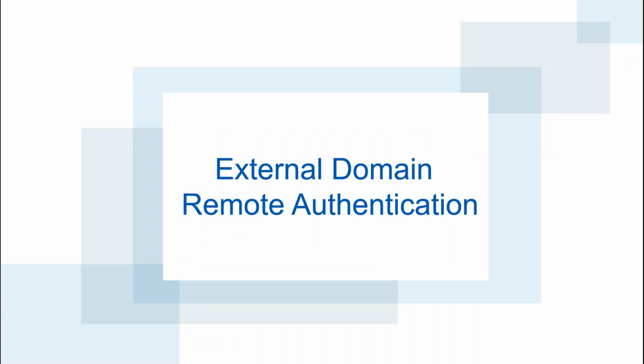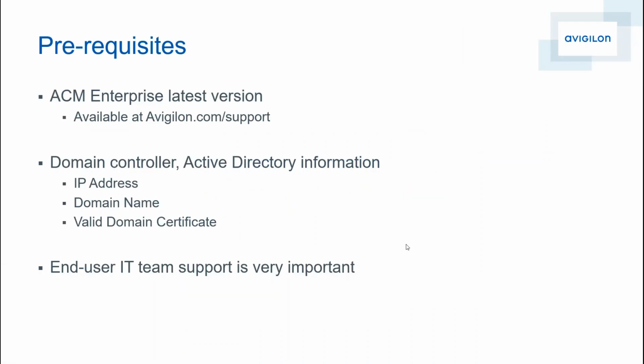In this tutorial, we are covering external domains remote authentication. Let's take a look at some of the prerequisites. You should have an ACM Enterprise running the latest versions, always advisable, and you can find available at avigilon.com support, and under that just look for the ACM section to download the latest